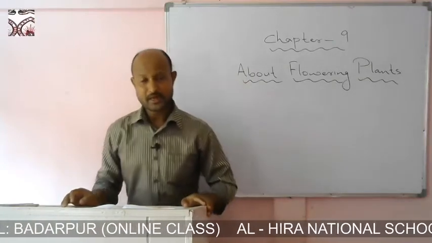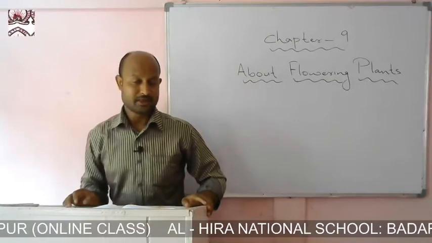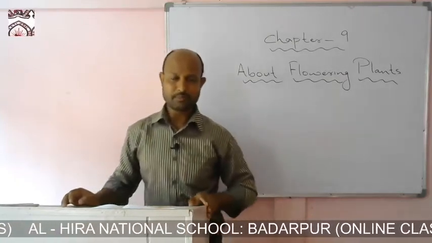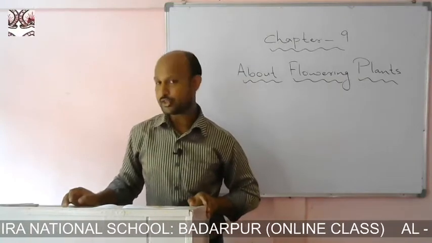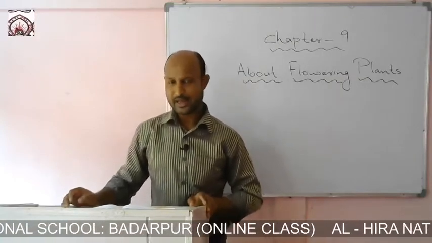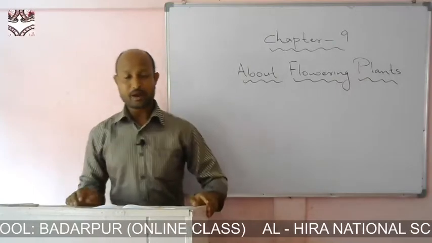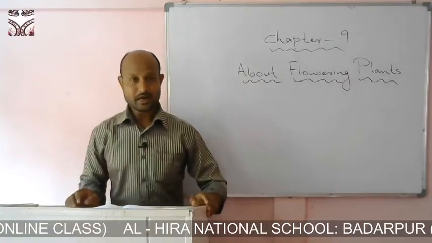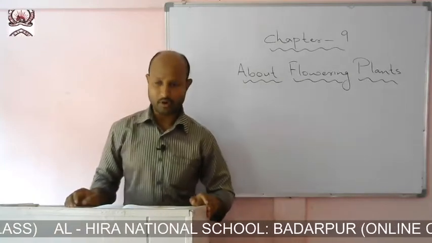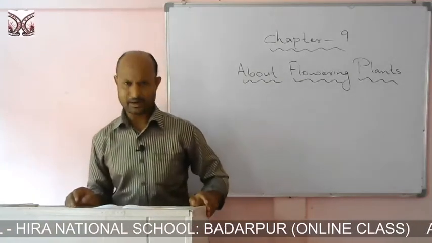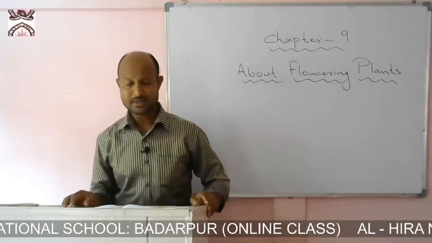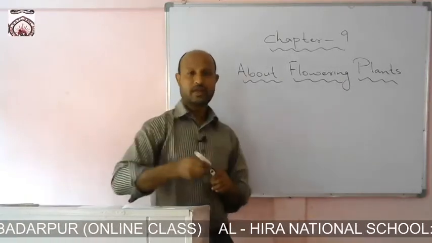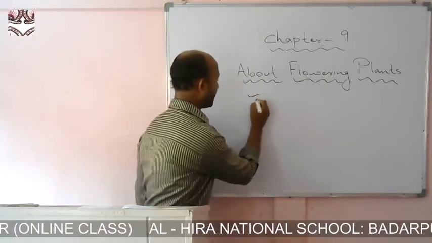And today I'm going to discuss some other parts of the plant. In our last class we discussed the parts of the plant as the root and the shoot. These are the two parts of the plant, and we know the shoot is the part of the plant that grows above the ground. Under the shoot, we get some other parts like the stems, leaves, and many more. We're going to discuss all these. So let's start with the